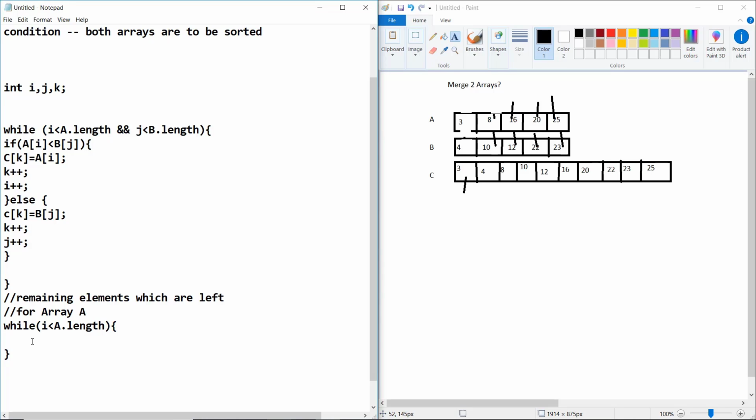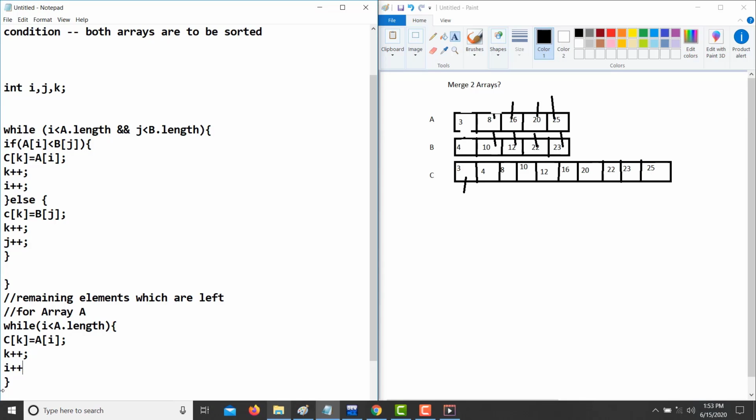So we put C of k equal to A of i, and then do k plus plus and i plus plus.